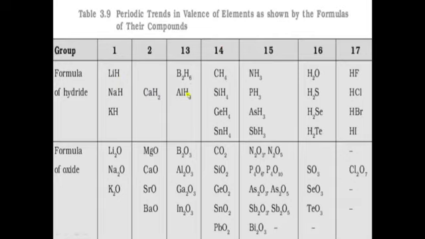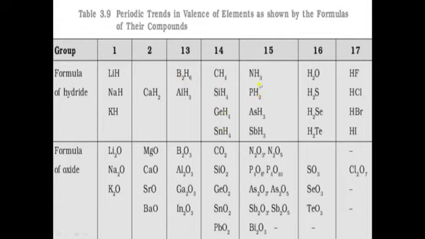And here you can see 3 atoms of hydrogen. This is a dimer. One molecule BH3 combines with another molecule BH3 and forms a dimer, B2H6. Here, 14th group element combines with 4 atoms of hydrogen. After that, the number of hydrogen atoms decreases.